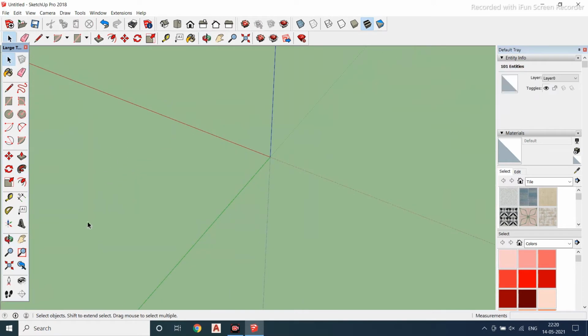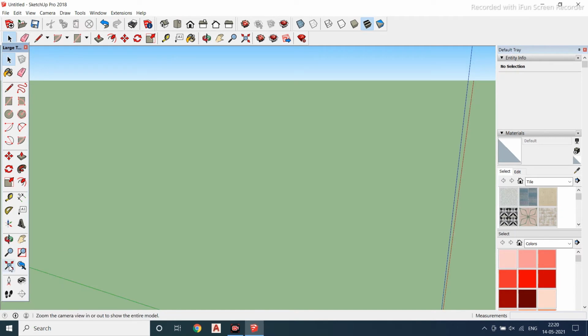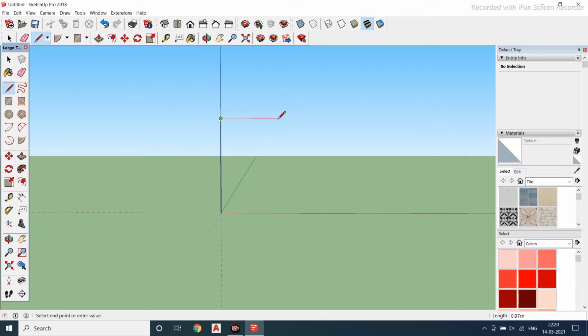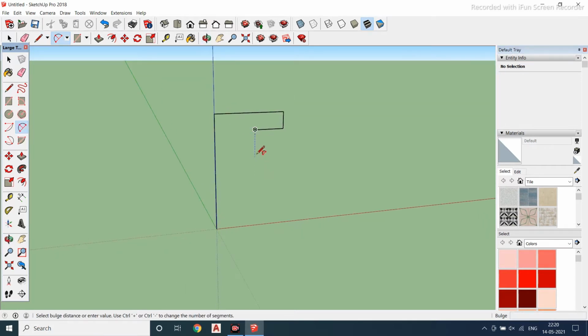Now using the Follow Me tool, we'll make some objects. Use your zoom extents. I will take an arc, and continue till you get your solid.